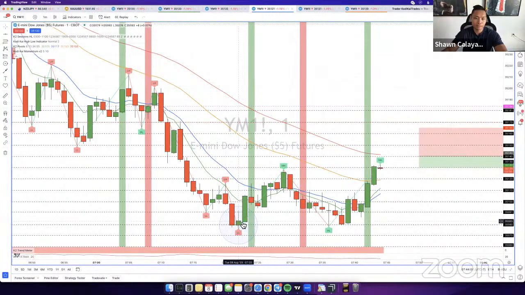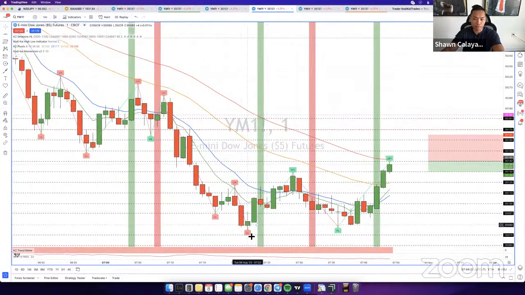I personally don't like supply and demand, so it's just up to the person, right? It works until it doesn't. It seems like a good idea when it hits, but when it doesn't, you're going to be so mad at yourself because there's literally no other reason for you to take that there. The only confluence that I think Maddie had was the supply zone, which does work sometimes, but a lot of times it doesn't. It'll just break right through, especially if the bias here was so strong.